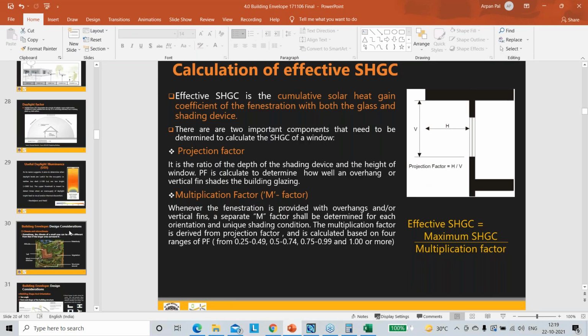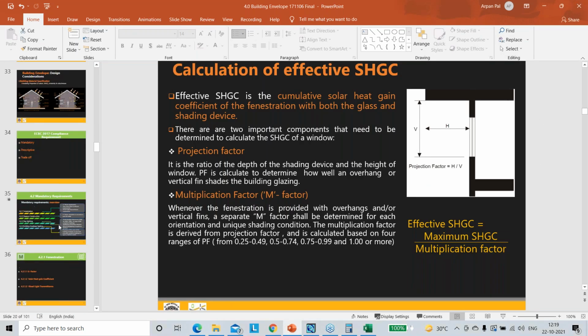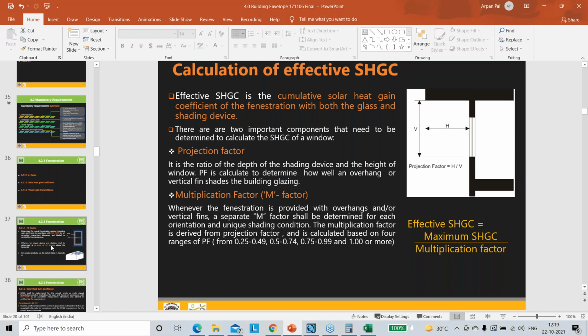So there's a question: is there any lower limit for WWR? Is there any lower limit? No. There are no lower limits. I mean, at the end of the day, WWR, if there is no